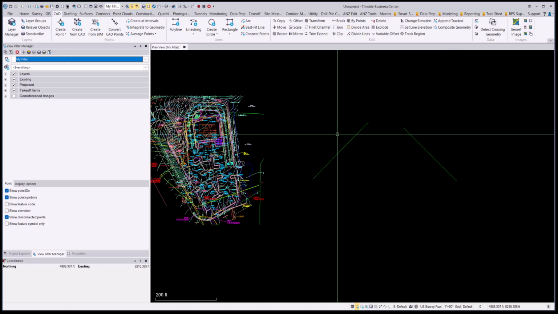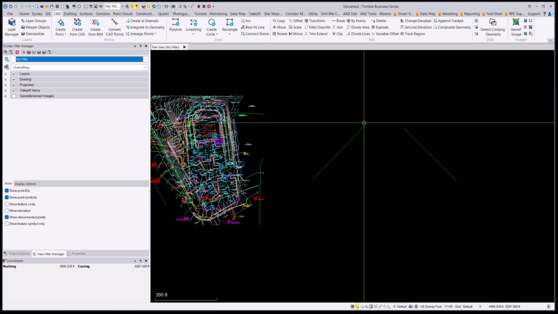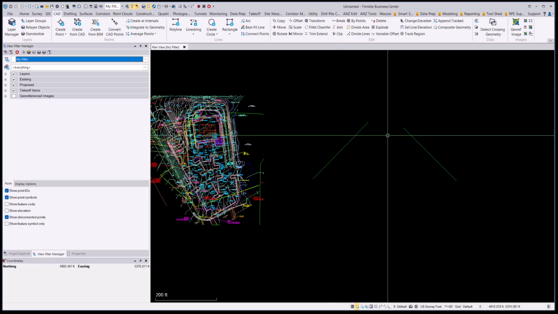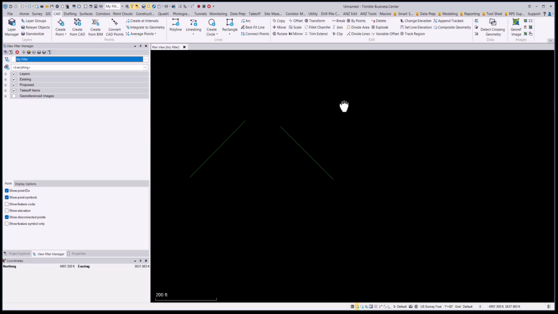So I want to talk about some CAD functions. If you come over to the CAD tab and you look at this edit group, again, this is where a lot of people get hung up on the fact that you're trying to trim and extend, you're trying to break lines, and I just want to talk about how some of that stuff works. So if you have two lines, and let's say we're trying to make these lines look like a nice corner,